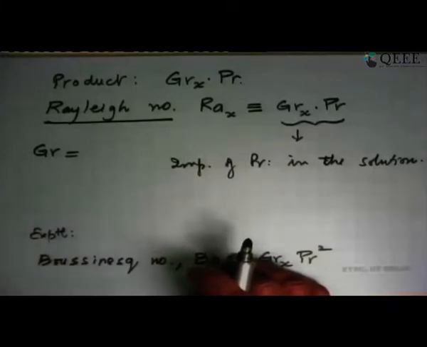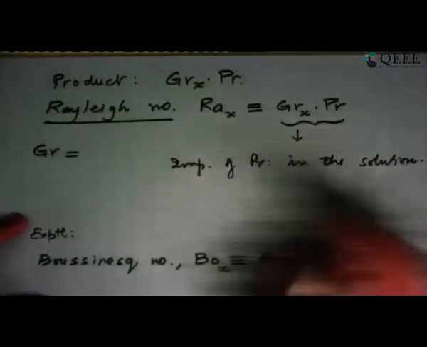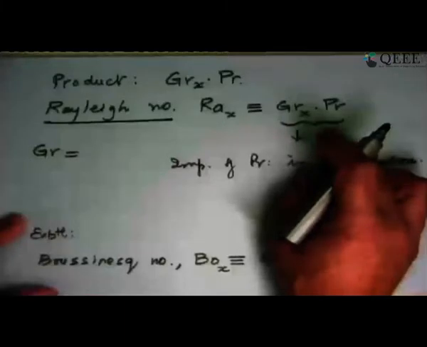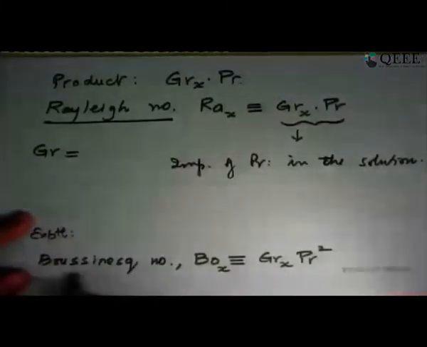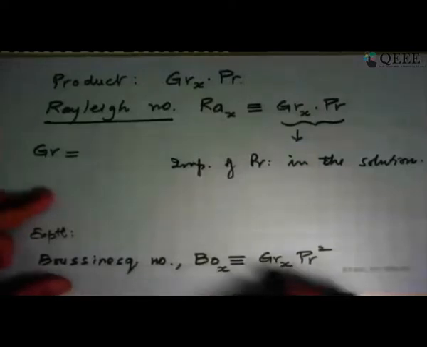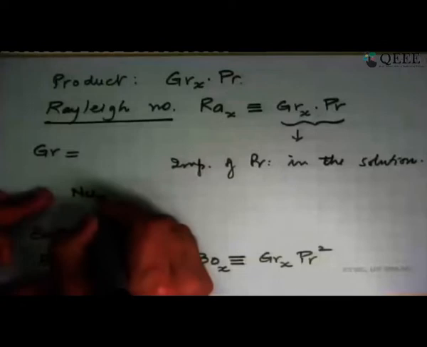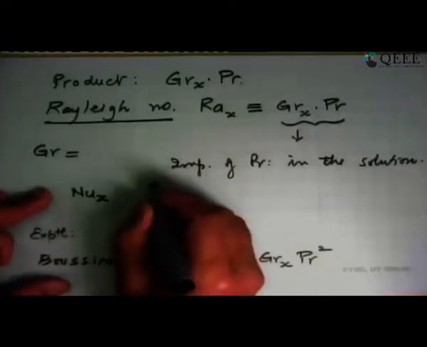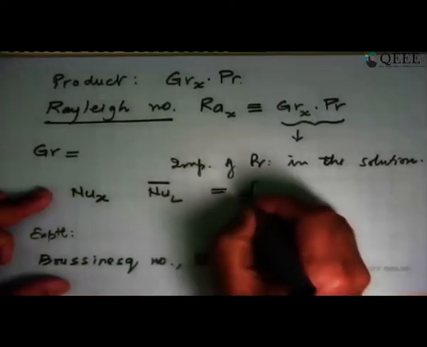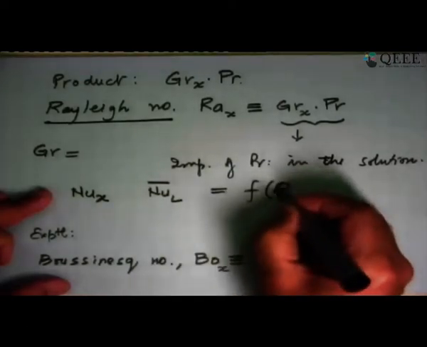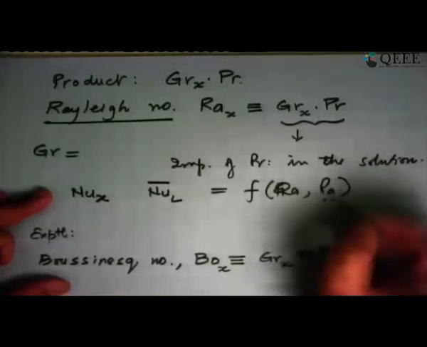When a lot of people did measurements and tried to come up with this type of relation from experimental data, and tried to fit a correlation to that data, they found that this product doesn't work very nicely. So they defined a new number, the Boussinesq number, Bo_x, defined as the Grashof number multiplied by the square of the Prandtl number. The reason they did this is that in this case, Nu_x, or the average Nusselt number, Nu_L bar,